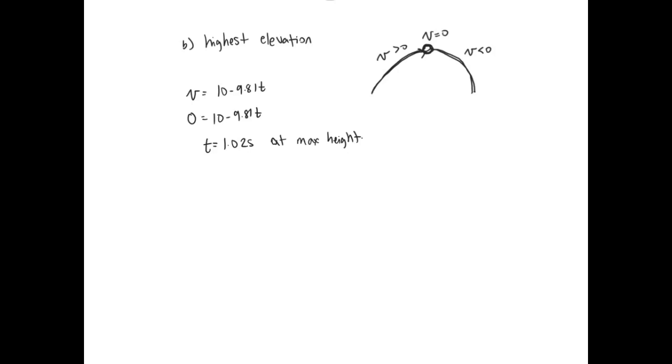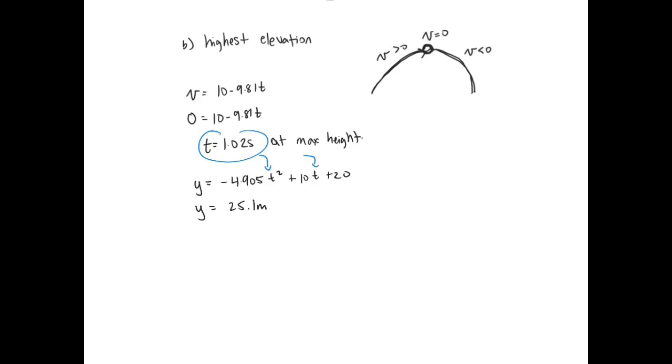So now to find what that max height actually is, we use the other equation that we derived at the beginning of the problem, which is y is equal to negative 4.905 t squared plus 10t plus 20. And now we plug this t value into this equation, and we end up with a value for y. Y is equal to